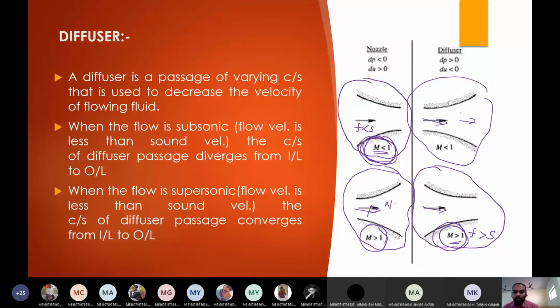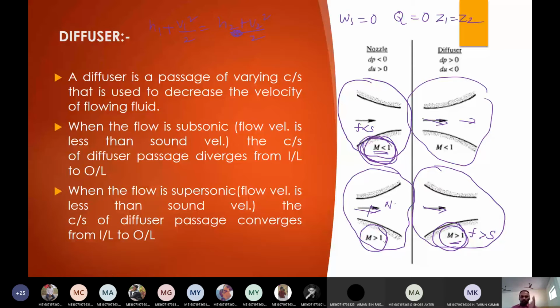Okay, right. In a diffuser also there are no moving parts, so therefore W will be 0, Ws will be 0. Let us assume it is well insulated, Q is equal to 0, and let us say the diffuser is horizontal, Z1 is equal to Z2. In the absence of that, the steady flow energy equation is reduced to, so what will be there on the left hand side? H1 plus V1 square by 2 is equal to H2 plus V2 square by 2. Same equation for nozzle and diffuser.